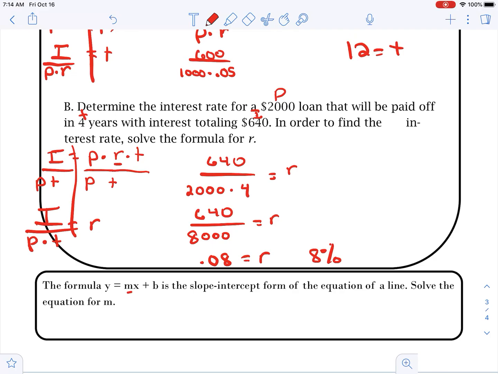So in this one, we want to solve for b as we go through it. So we say, all right, y is equal to mx plus b. So I want to get b by itself. So this is what I'm trying to get by itself. If I look at these two, I can get rid of mx by subtracting mx. So we'd say y minus mx equals b. So don't be afraid that you're not getting a number. We go through it, and a lot of these we'd get